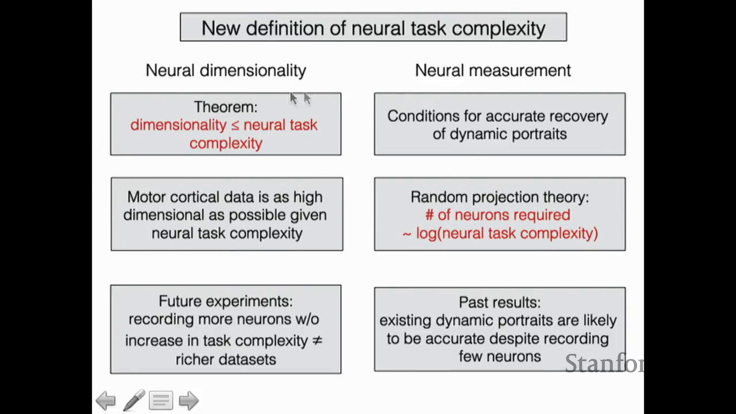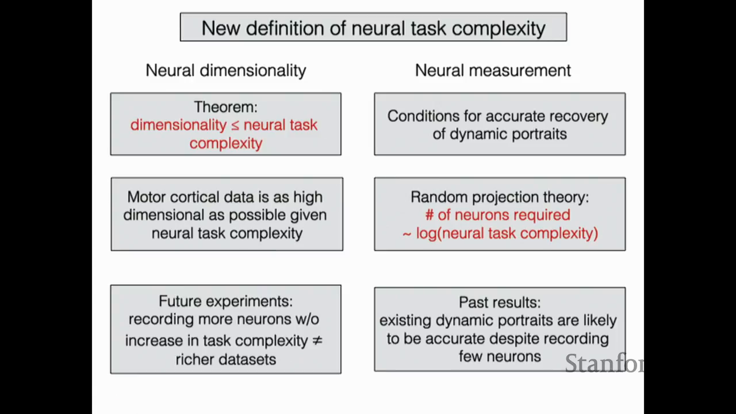we define this new mathematical quantity called neural task complexity. It takes into account two distinct sources of information: the complexity of the task the monkey or animal is asked to do, and the smoothness of neural dynamics. And we prove a theorem saying that the dimensionality of neural data is upper bounded by this neural task complexity. Then we show that motor cortical data is actually as high dimensional as possible given this neural task complexity, which